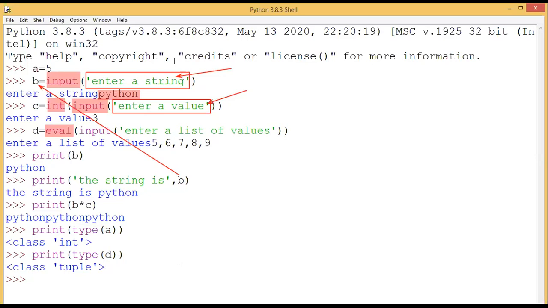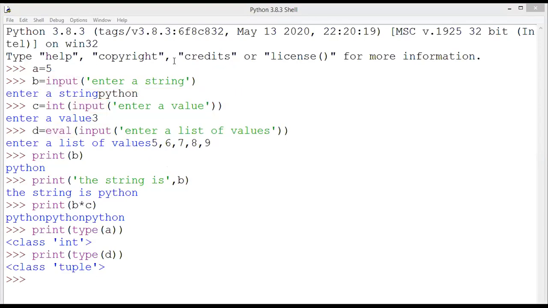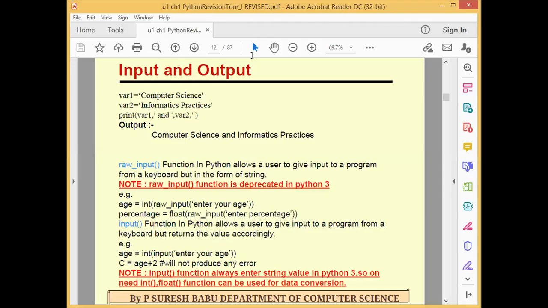Now we will continue with the tokens. Everyone noted those three functions: input function, output function, and the type function. These are very, very important.